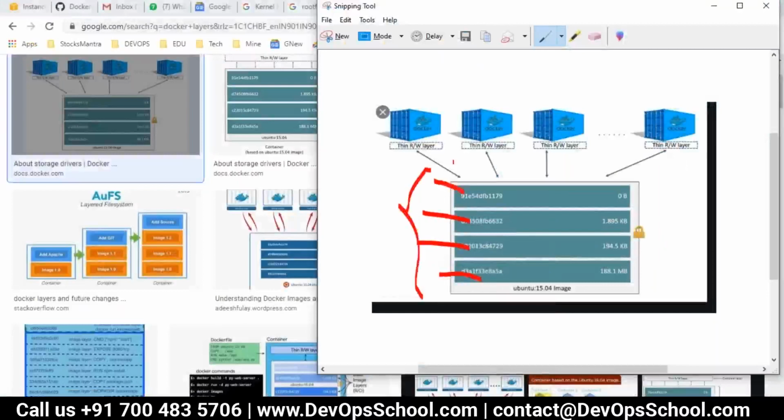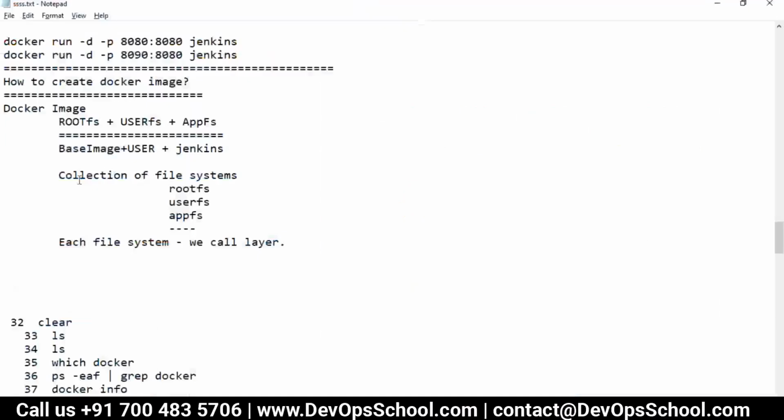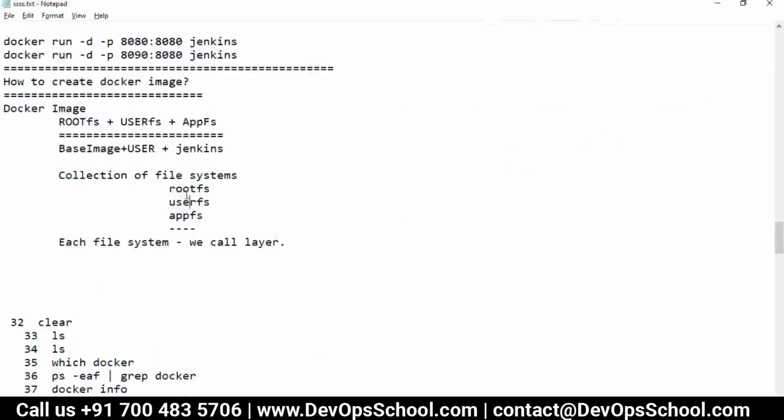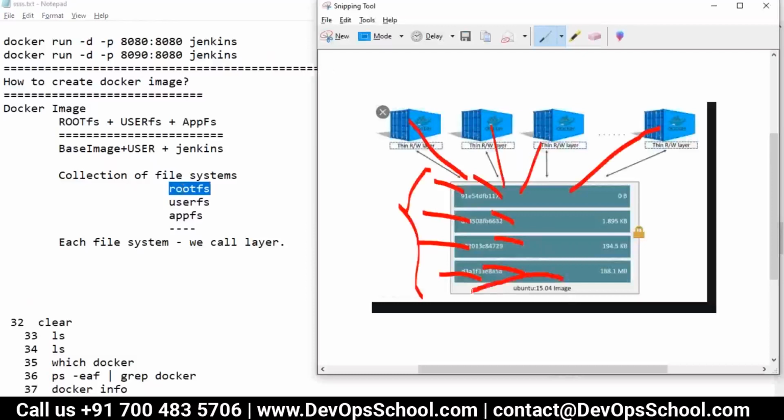And from all these layers, container 1, container 2, container 3, container 4 are created. See that? So this is the image. An image is a collection of file systems. This is a file system, and a file system is a combination of files and directories. Whereas the base layer is a root file system, which you see here, Ubuntu.